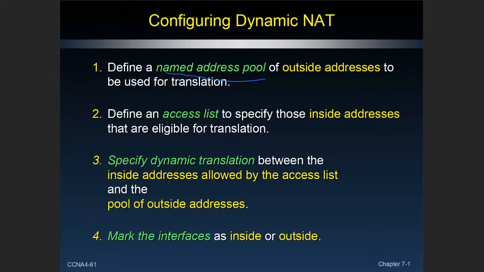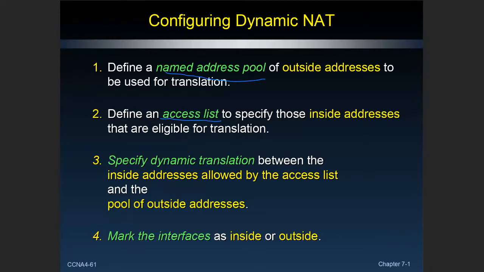In that earlier slide, we had 6 addresses and 8 clients, and only the first 6 could get helped. Then we're going to use, remember access control lists? We're going to define an access control list to specify which inside addresses get translated to the outside world. So maybe the administration department gets translated, but the line workers on the production line don't. Or perhaps in a public school environment, the kindergarten through 6th graders, till they're about age 13, don't get outside access. The older kids over 13 get some kind of access to the internet.